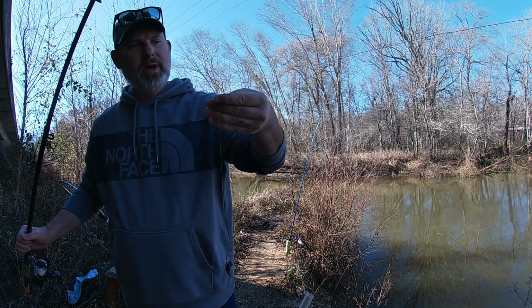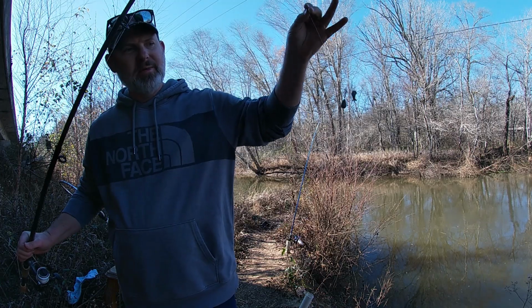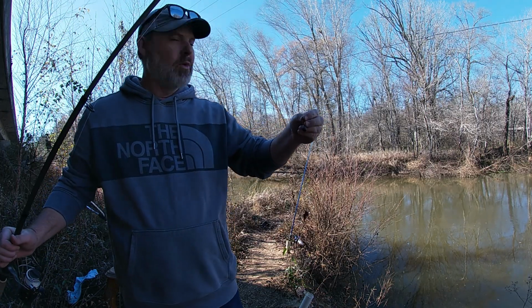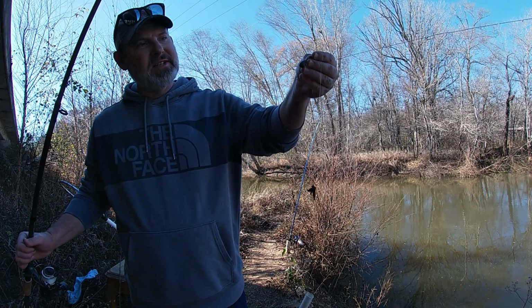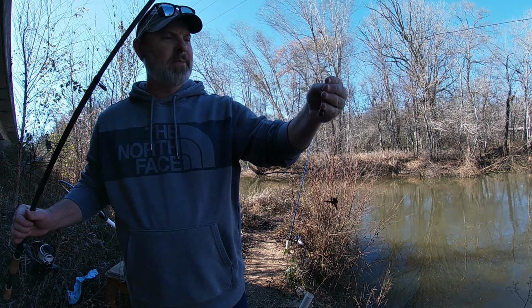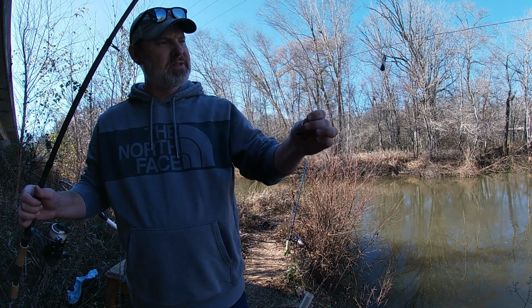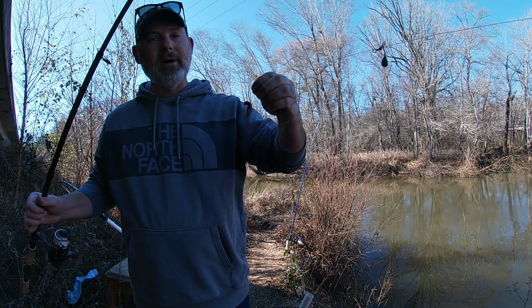The barrel swivel has one of my little tactical clips on it, so it'll just slide up and down the line, and I can change it according to whether the river current is a little faster or a little slower. This is a 3/8 ounce little teardrop weight clipped on there, and to it I've got about 9 or 10 inches of 6-pound test mono coming down to one of my favorite